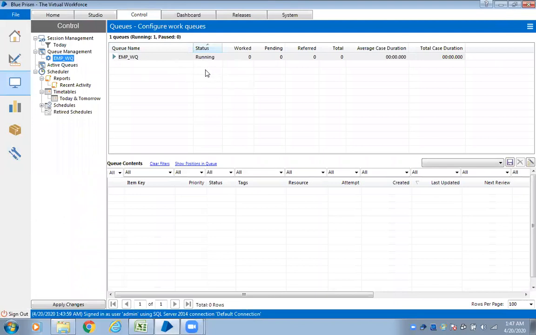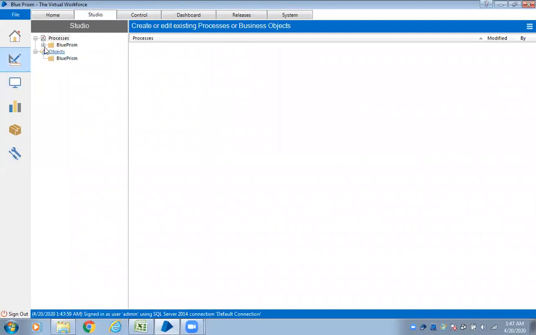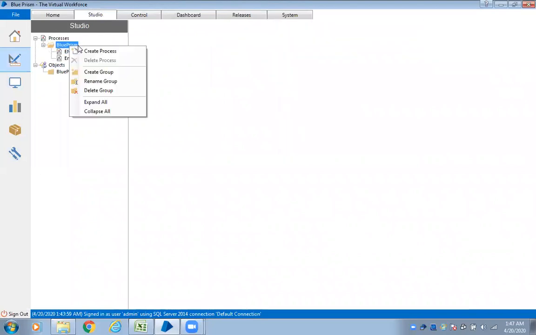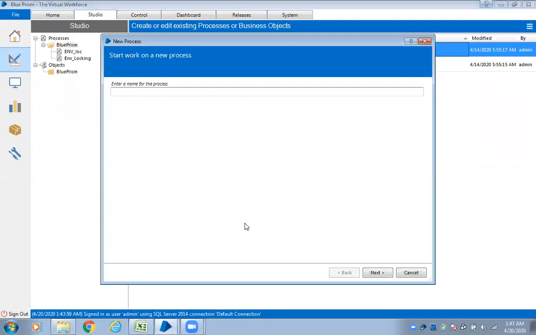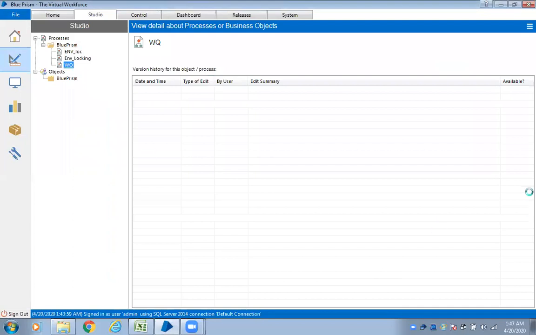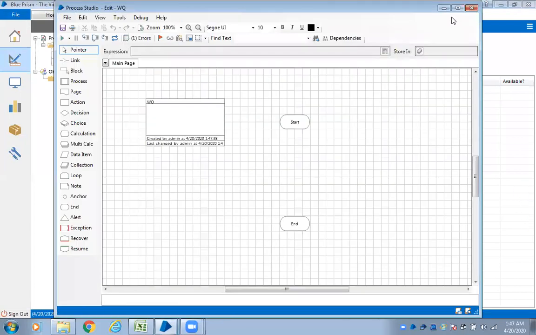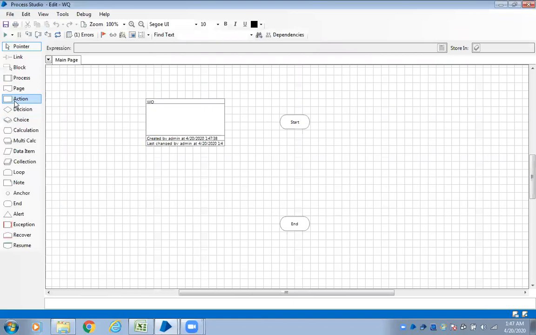If you want to use that work queue, when it comes to Studio, work queue is an internal business object. You will have n number of actions available in a work queue. Let's come here. Let me create one process. I will name it WQ. Now, by using the actions, we are going to use that work queue, right?